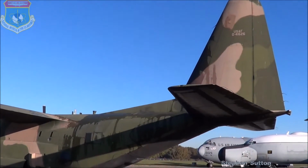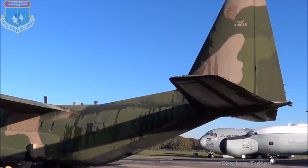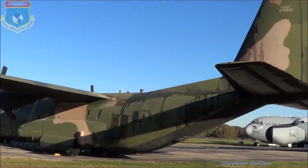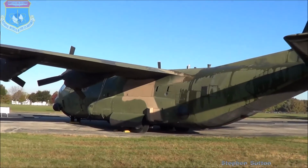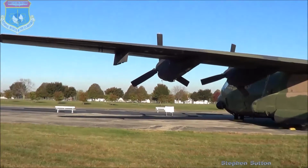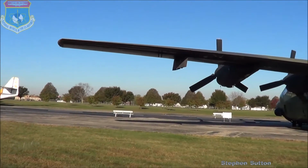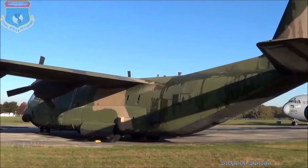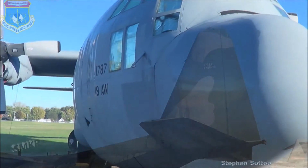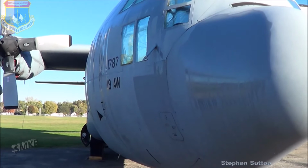This is AC-130A gunship, tail 41626. It has the Southeast Asia paint scheme on it from Vietnam. It has the Dash 11 engines with the 3-bladed props. C-130E